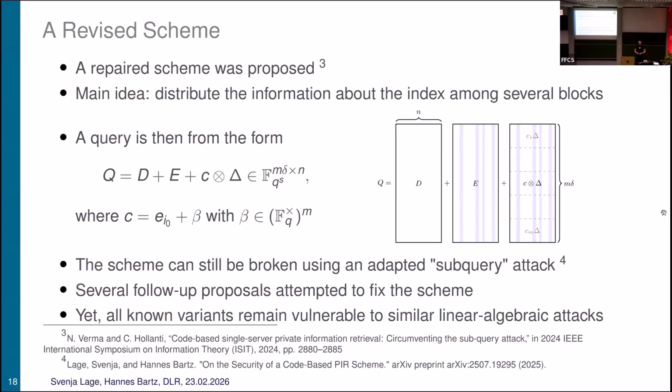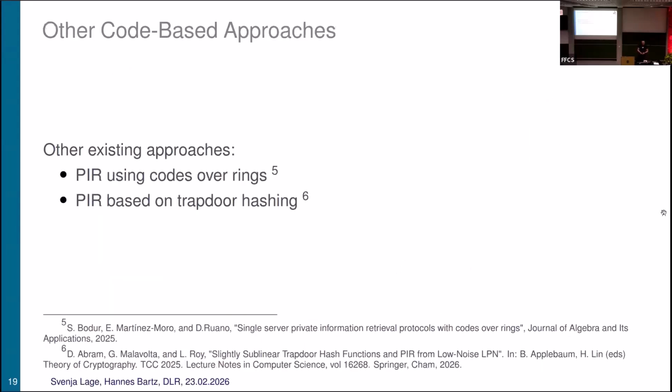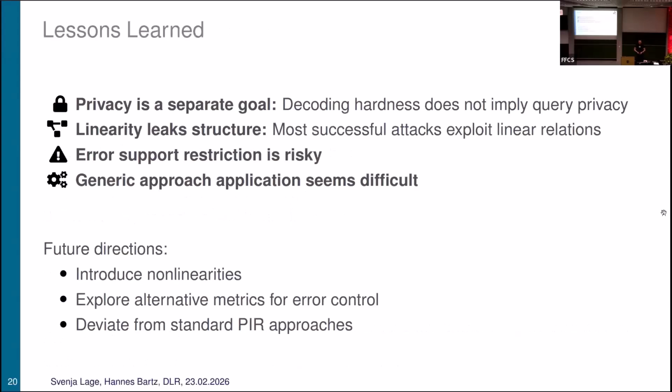There are some ideas about general statements, and in general there are other ideas. For example, there's a PIR scheme using codes over rings. Don't want to spoil too much, but there are also some concerns, let's say. And also a PIR scheme based on trapdoor hashing, but that's a different security assumption. So just to wrap up again,